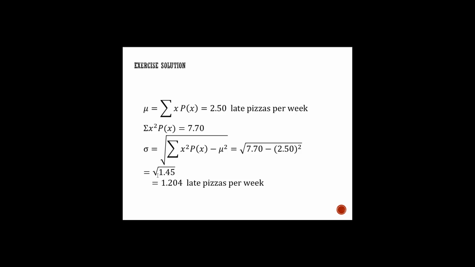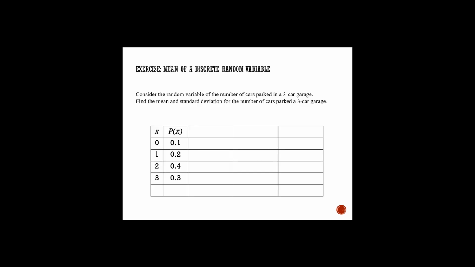And we end up taking the square root of 145, which came out to be 1.204 late pizzas per week. Now that would be the number that it deviates from the mean, the standard number that it deviates from the mean. Well, let's take another example and I'm going to let you